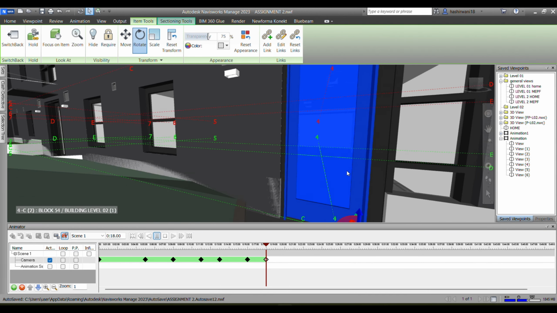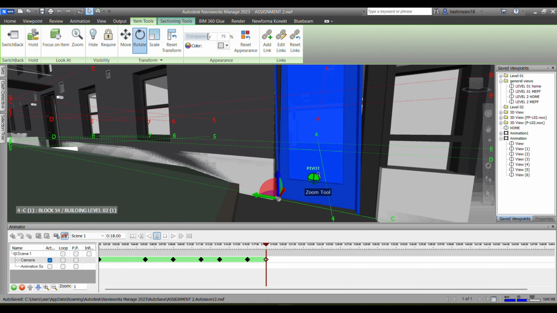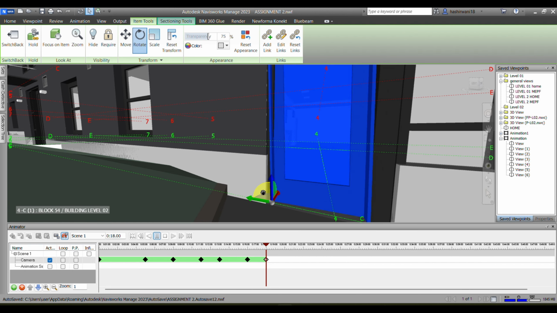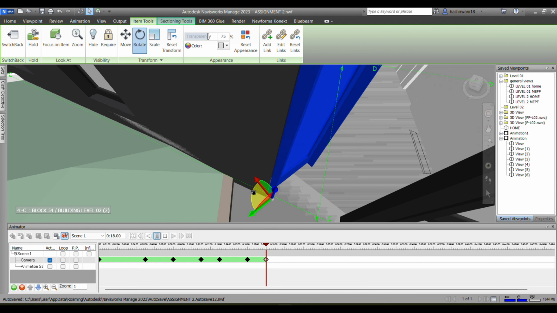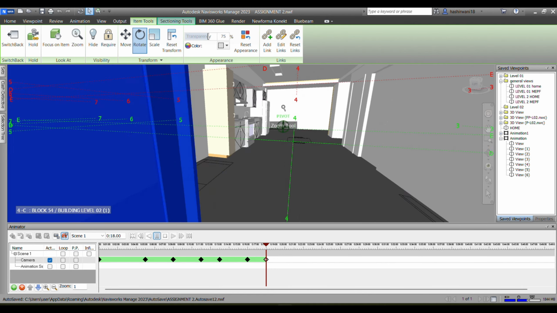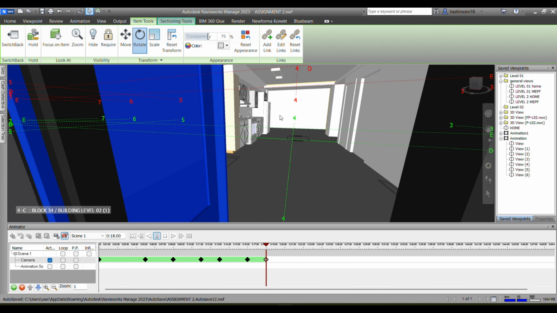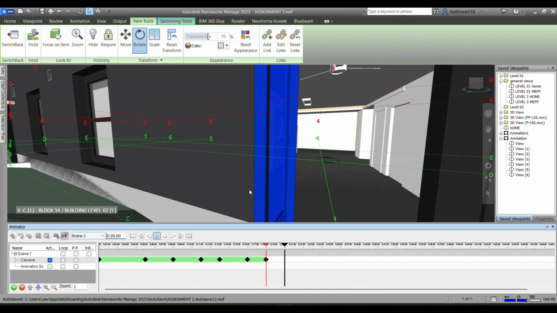Now what I will do is, can you see, after I've gone to the item tools and selected this rotate button, I'll move it to this point, and then rotate it, not in this direction. I'll let it be here and select this one. I'll go to the top view, and now I'll be able to rotate it. Can you see? I've rotated it 90 degrees, and after rotating it, I'll move closer to here, and then give, let us say, 2 seconds again, and then enter. Sorry, it was 20 seconds, right? 20 seconds, enter, and then move closer here,